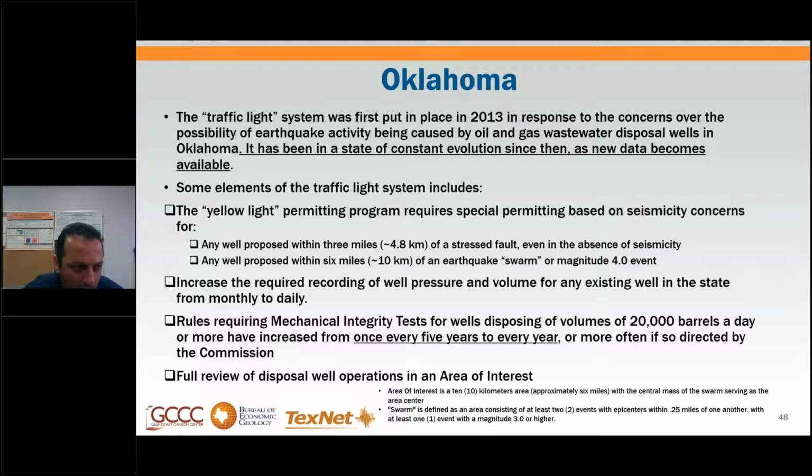In Oklahoma, they put together the traffic light system in 2013 when there was a concern over the increased amount of induced seismicity due to the saltwater disposal mainly. And